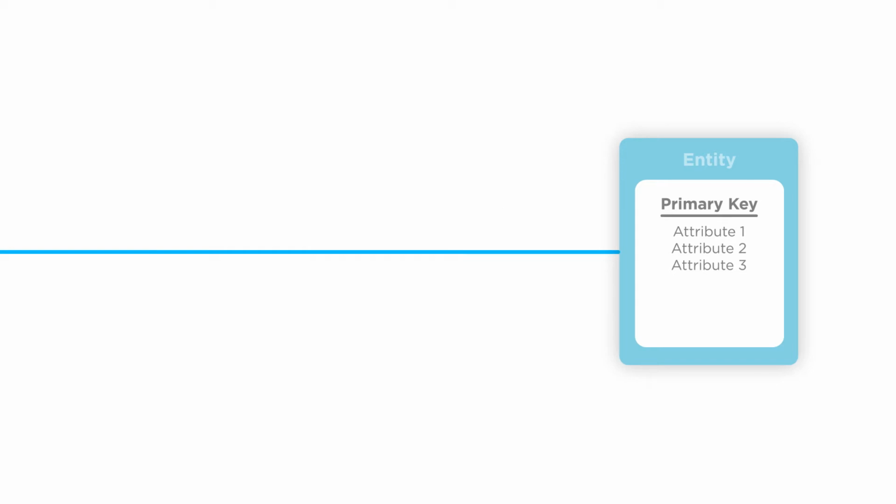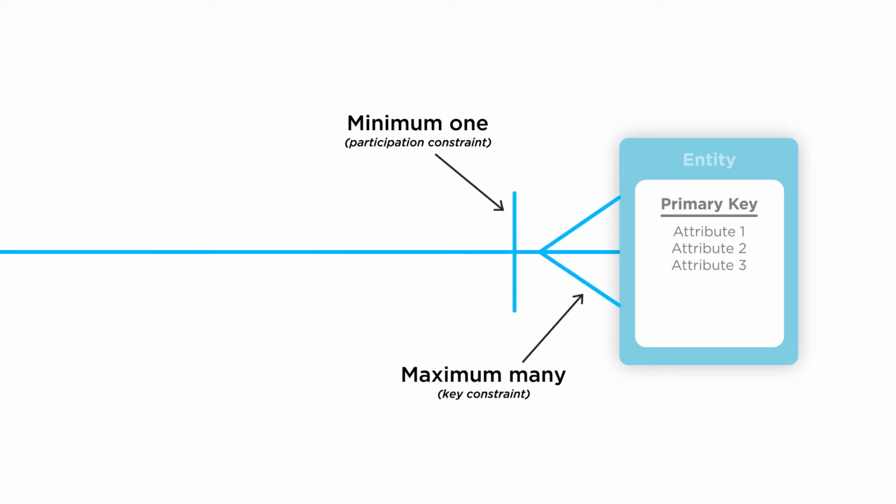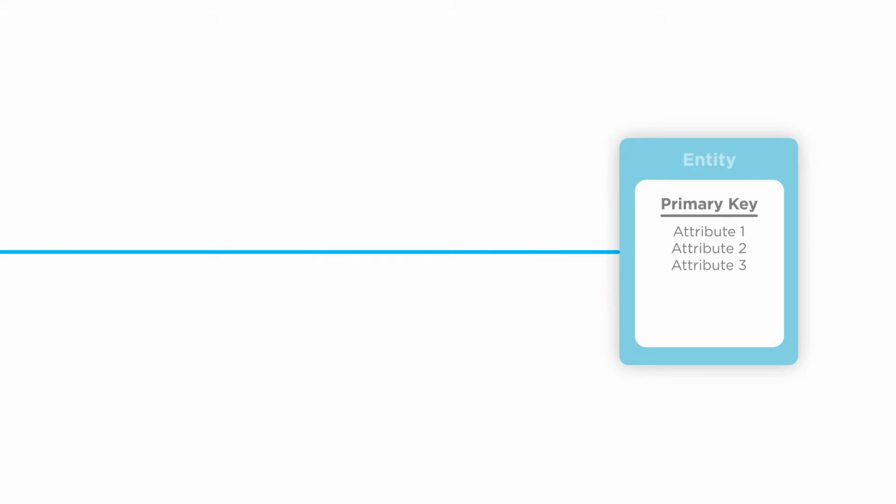When we have an entity that has mandatory participation, minimum 1, and the key constraint is many, then this is the notation for the constraint of mandatory participation and with many as maximum. Notice how the symbol is created. It combines the 1 element on the one side with the many element signifying the minimum of 1 and maximum cardinality of many. Now, when the participation constraint is optional, then the symbol that signifies the minimum participation becomes 0.